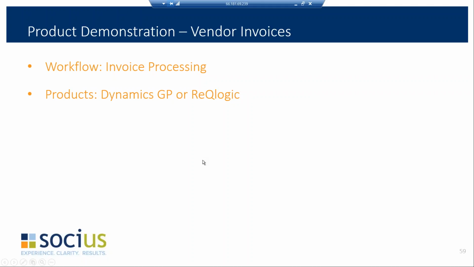Okay, and then auditors always want to see backup for approval. What do we need to have when we print the purchase orders? Oh, okay, so you're talking about approval backup. Then the answer is, on both of these systems, there are reports that will document the approval process for each and every one of the workflows that you're using. So as an example, if I issue a PO, it goes through a workflow process. There will be a report that will show you,